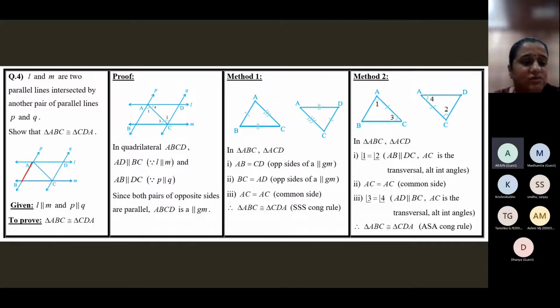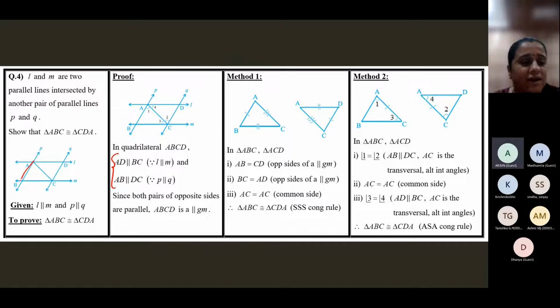AB is parallel to CD or DC. AB is parallel to DC. Why? Because AB is a part of this line P and DC or CD is a part of this line Q. And since P is parallel to Q, it's given P and Q are parallel lines. Since P is parallel to Q, any part of P will be parallel to any part of Q. So AB is parallel to DC. So from these results,